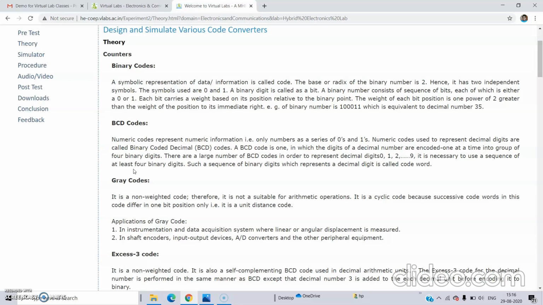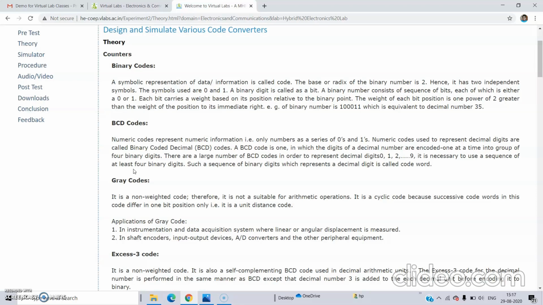In order to represent decimal digits from 0 to 9, it is necessary to use a sequence of at least 4 binary digits. Such a sequence of binary digits which represents a decimal digit is called a code word. That is about BCD codes.